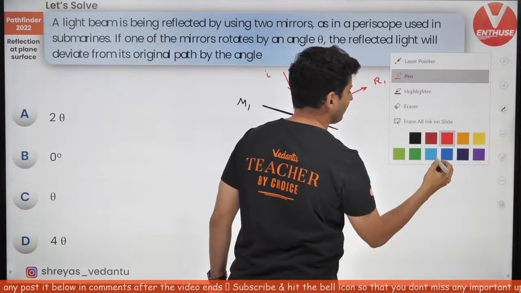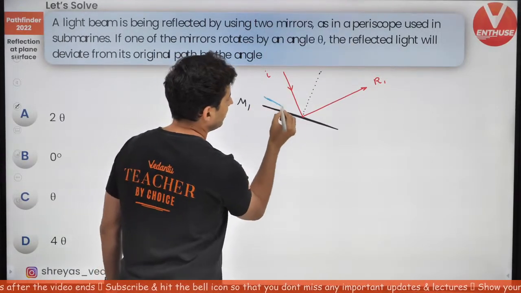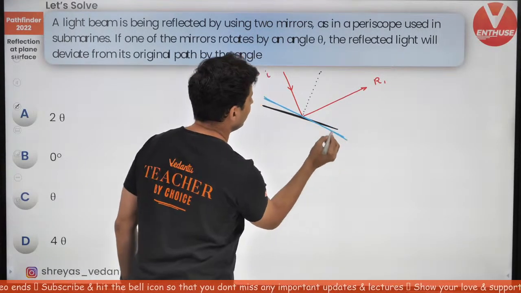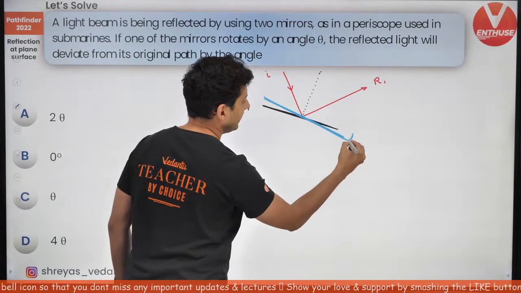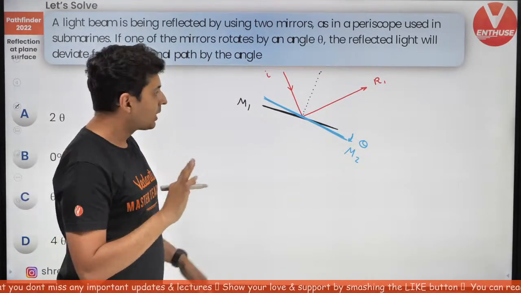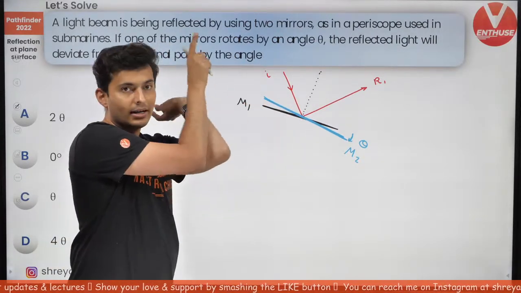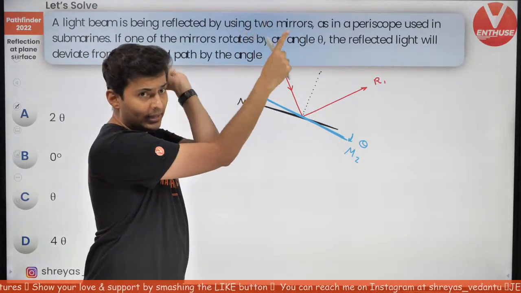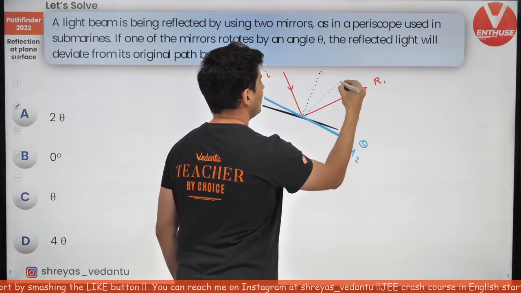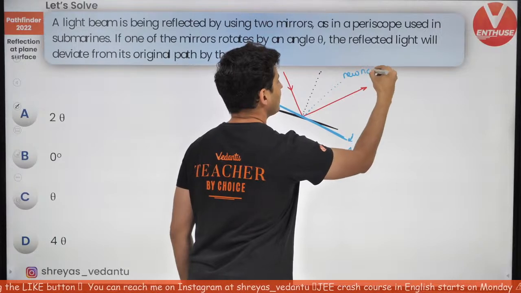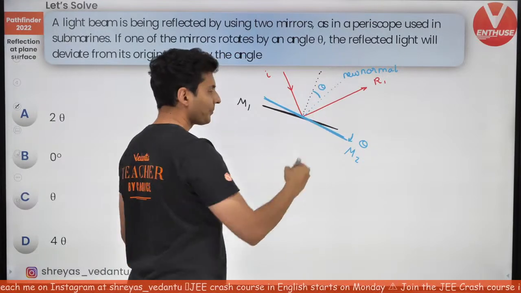Alright, let's see how we can solve this. If you rotate the mirror, the mirror is turned by a certain angle, like that. This is the mirror's new position. You have rotated it by theta. If you rotate the mirror by theta, even the normal will rotate by theta. If mirror and normal are perpendicular, if you rotate the mirror, the normal will also rotate by theta. So you will have a new normal. Agreed with this? This is the new normal drawn to it. And this angle will also be theta.